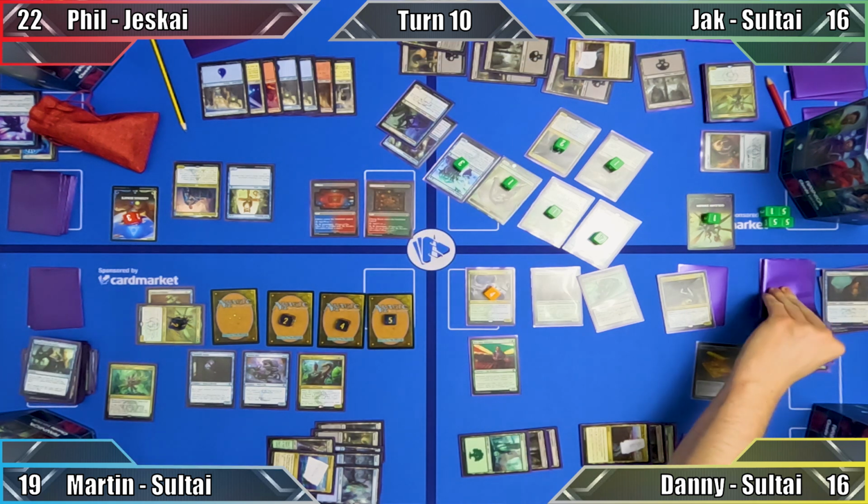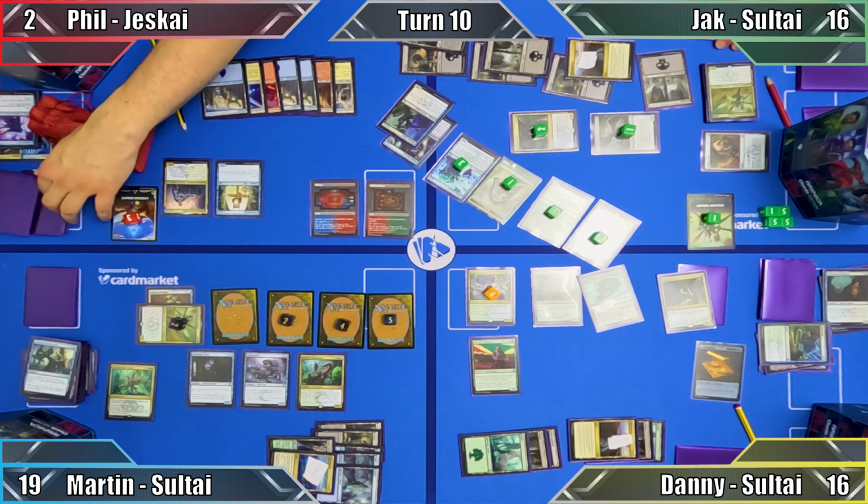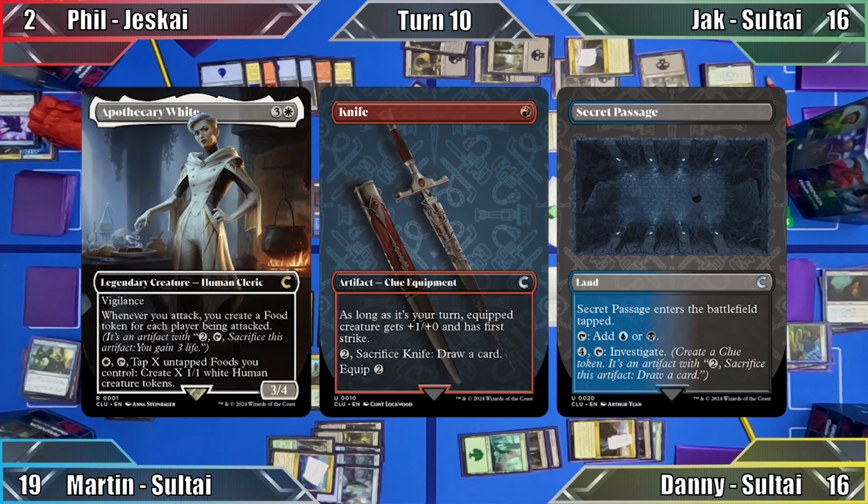Danny draws, Phil takes an almost lethal amount of damage, and Jack exiles one of the top 3 cards of Phil's library with Thief of Sanity. A rather unhappy Jack then makes a suggestion, asking Phil for information about Apothecary White, the knife, and the secret passage. Phil shows Jack one of his pieces of evidence, creating a clue as he does so, and Jack decides